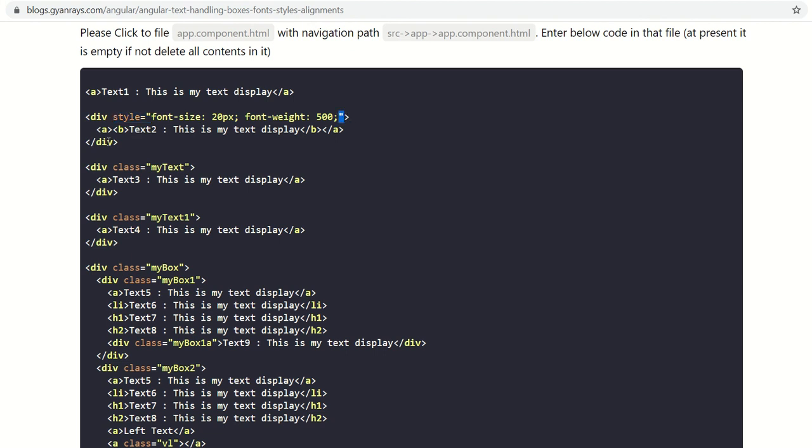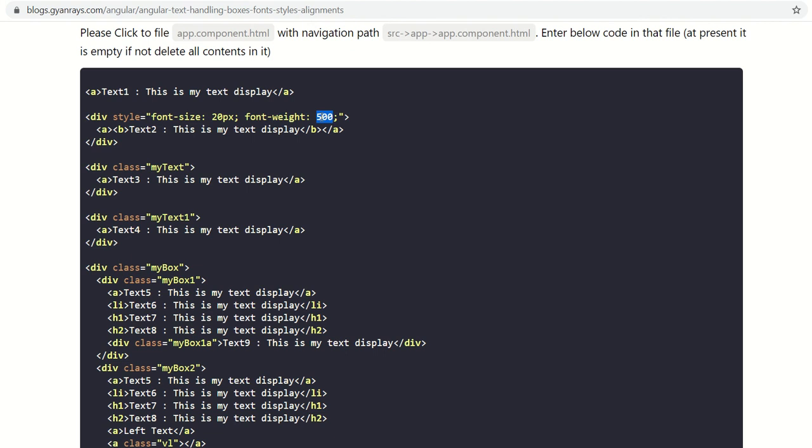Now text 2, we want to display in a bold format, therefore we have updated it under the b and /b tags. In addition, we want to increase the font size. Font size should be 20 pixel. px means pixel. So this font size would be 20 pixel and the font weight would be 500.